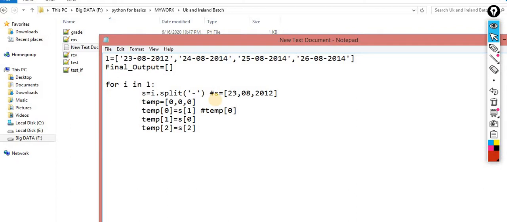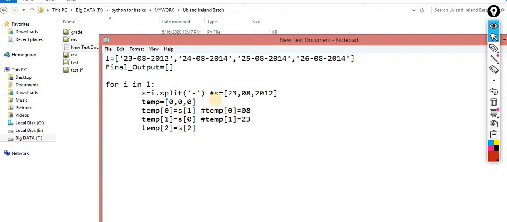So here the value is added, s1 mean 08, okay. I am writing the comment with every statement, so it will make more sense. Now temp of 1 will contain s of 0 mean 23, okay.